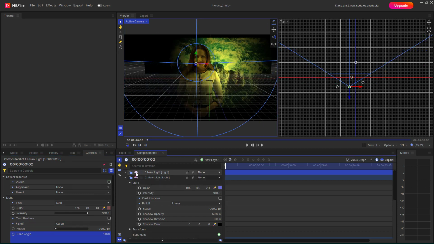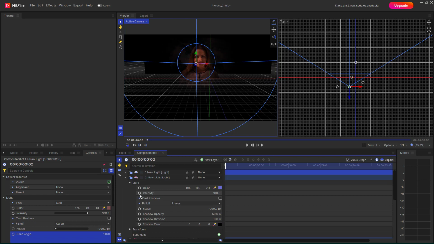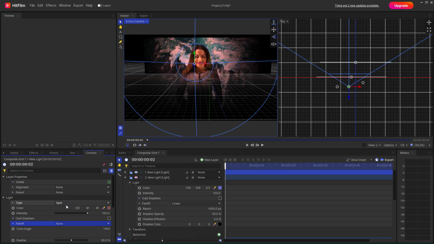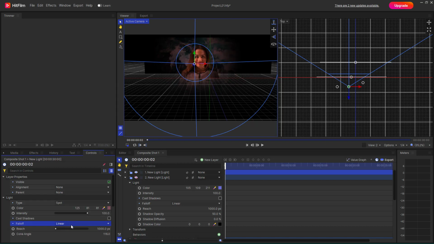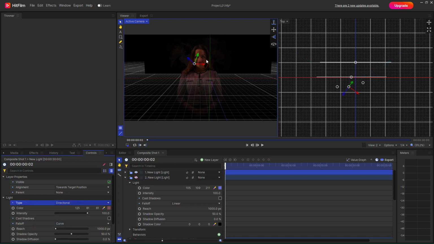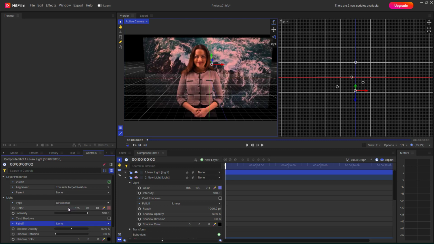So let's turn these off right here. Turn this light off and turn this light off, and this is what you have, as you can see. Now if I were to go for none, you can see that it illuminates everything. Linear, it illuminates only that part. Curve, it illuminates that part right there. Similarly, if I go for directional, you can see that you can illuminate the light in a particular direction. You can do the same here as well. You can go for linear, or you can select none to illuminate everything, just like that. And that is how you can utilize the light falloff settings,